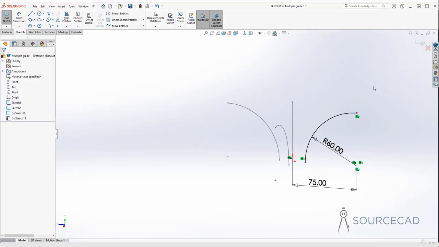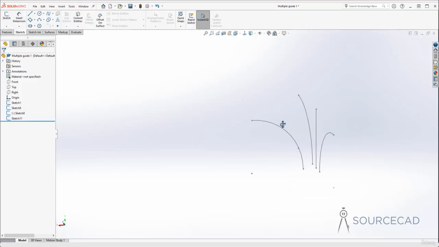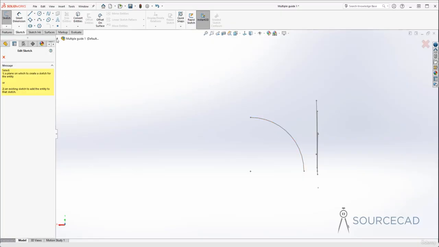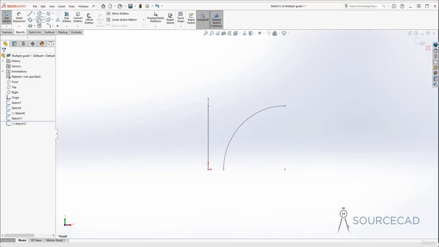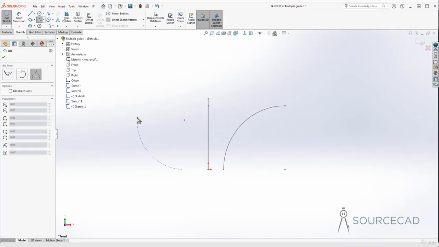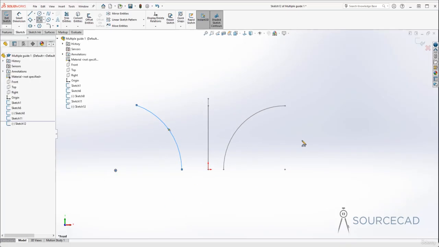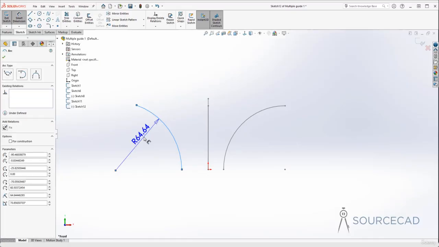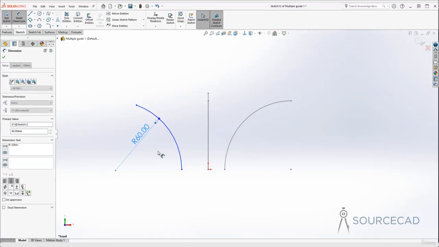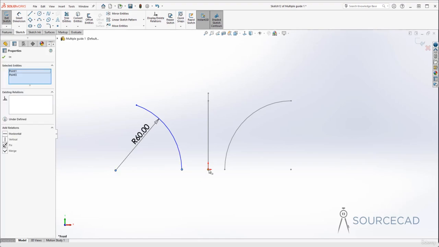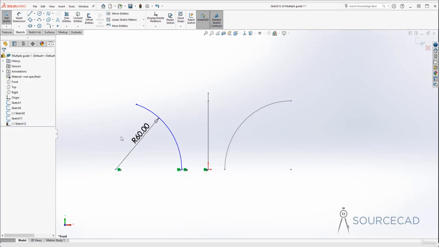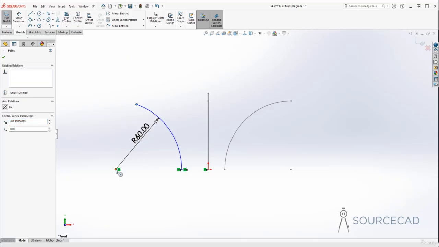So this is added. Let's exit out of this sketch, and now I'll just use this one as a reference. So I'll go to sketch, and here I'll select the front plane. There we are. And once again, I'll go to arc. So here and here and here, and we'll repeat the process. So here again, this should be 60, and these 3 points are perfectly horizontal. These two are vertical,